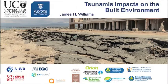I am a postdoctoral fellow at the University of Canterbury in the Disaster Risk and Resilience team, and also at the University of Auckland in the School of Civil and Environmental Engineering. So today I'm going to be painting a picture of how the built environment might respond in a tsunami at